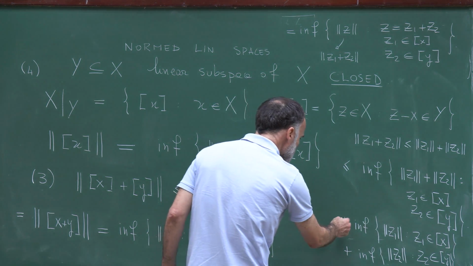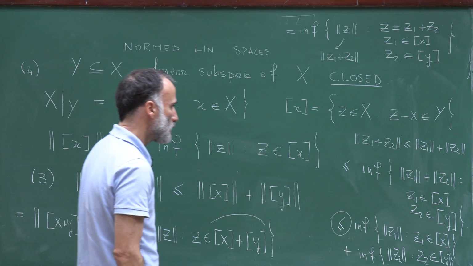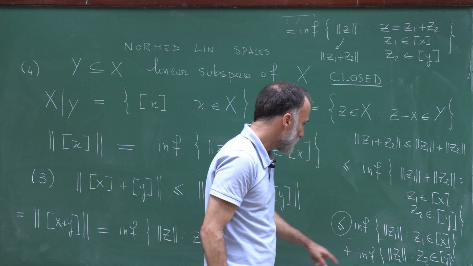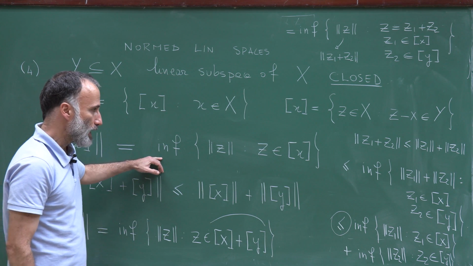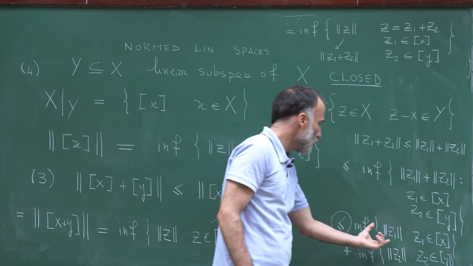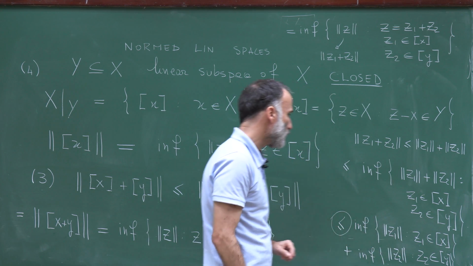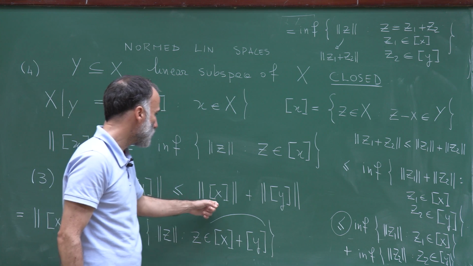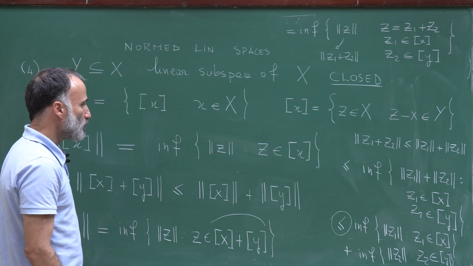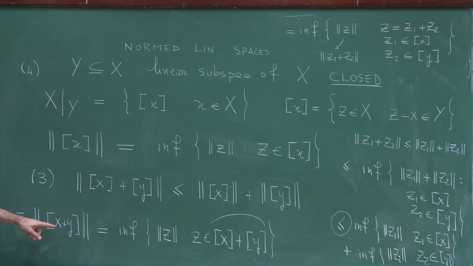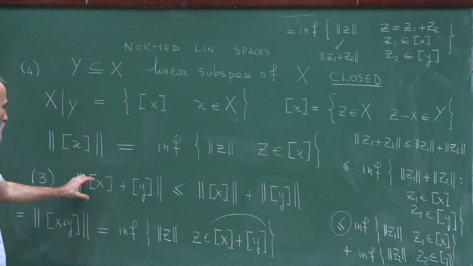I have to prove that. I'm claiming that this holds, but if I prove that, you see that on the right-hand side, I have exactly the norm of the equivalence class of X plus the norm of the equivalence class of Y, which is what's written here. So if I'm able to prove that inequality, I would have that the norm of the equivalence class